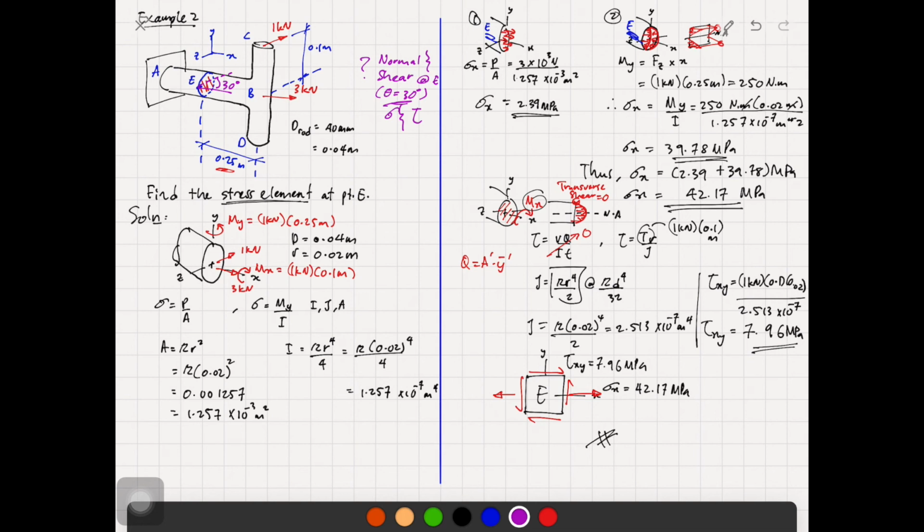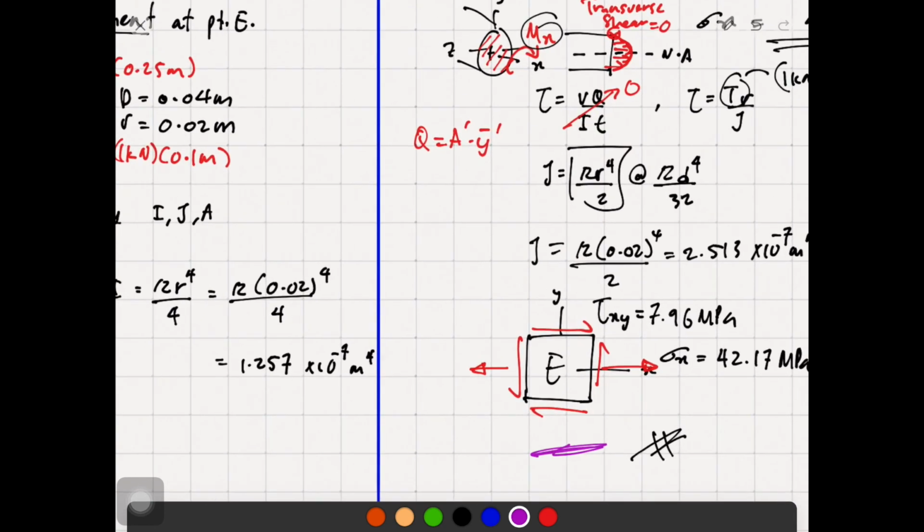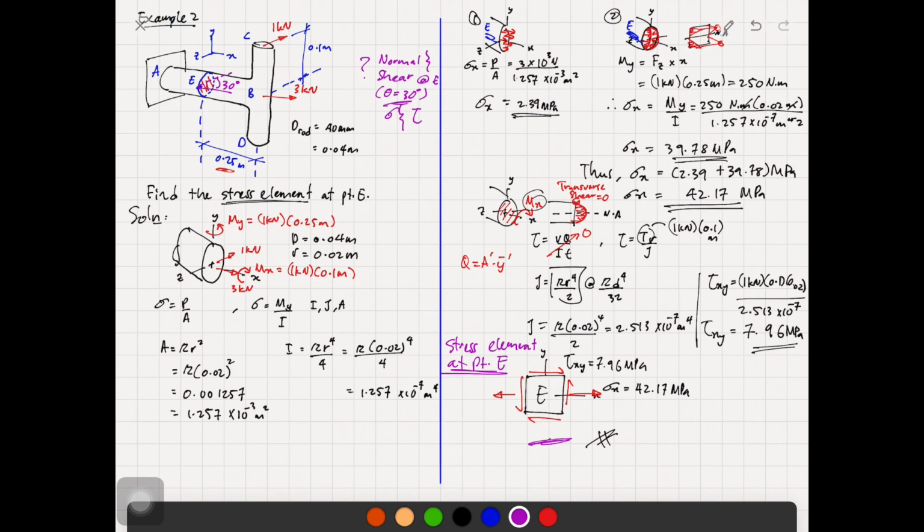You need to be able to identify those items, and finally you need to draw this. If you get a correct stress element, this is a stress element at point E, the solution for this, if you get it right,